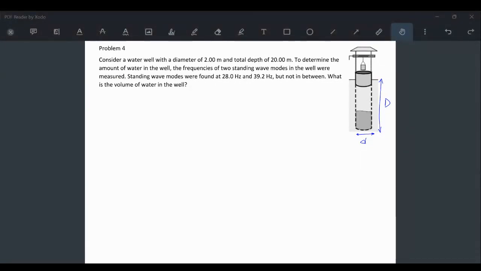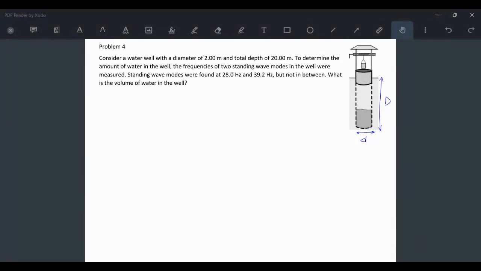I think it's a little ambiguous what's actually going on here. If you were in person, I don't know what things will look like when you come back in a week or two, but there's a lab where you do something very similar to this. The idea is that there's a speaker and you can adjust the frequency of the sound coming out of it. There's also a microphone, and you can measure if a standing wave is formed. You'll get a bit of resonance, the volume will increase. So imagine you start at 0 hertz and you've got a dial controlling your speaker, and you increase, and then you get to 28 hertz